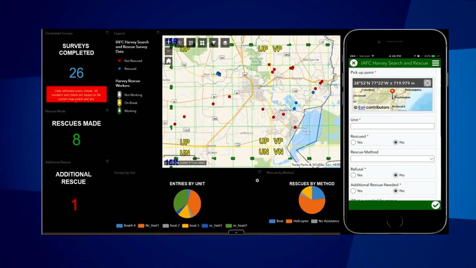Traditionally, when we send resources out, and let's say it's a 12-hour operational period, we don't get any data back about what they've done or what the situations are until they come back in at the end of the 12-hour operational period. Well, now the people looking and making decisions were actually getting real-time data as it was happening in the field, and so they could shift resources back and forth as needed in real time, not having to wait till the end of the operational period.